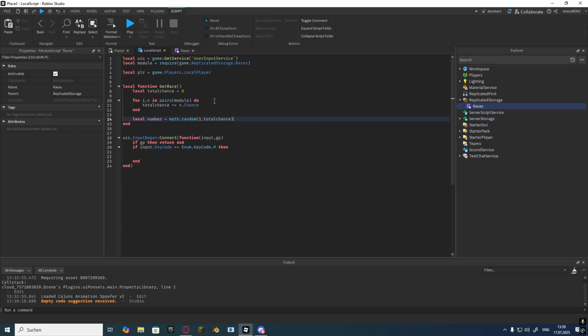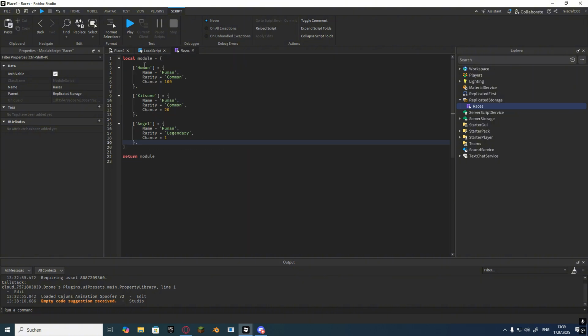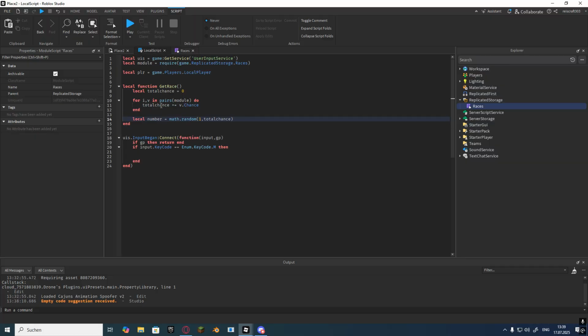And what we basically have done right now is we selected every single model and every single table, my bad, and we basically took their chances and added everything up together and saved it to a variable called total chance, okay? Which is probably not that complicated. So now that we have done this,